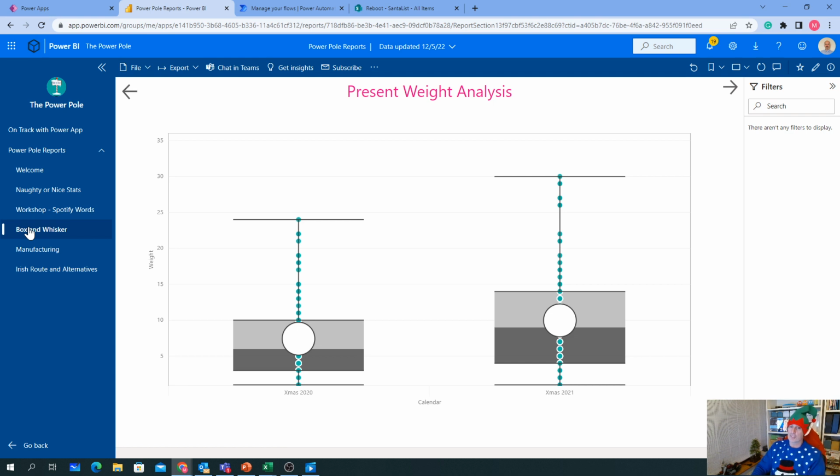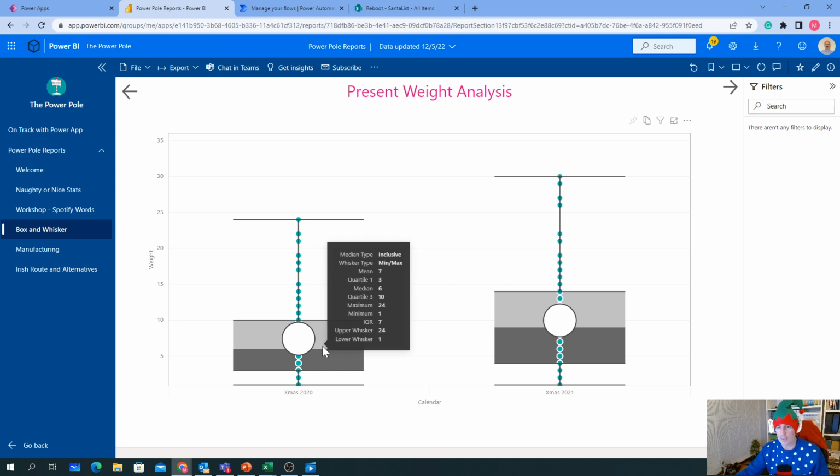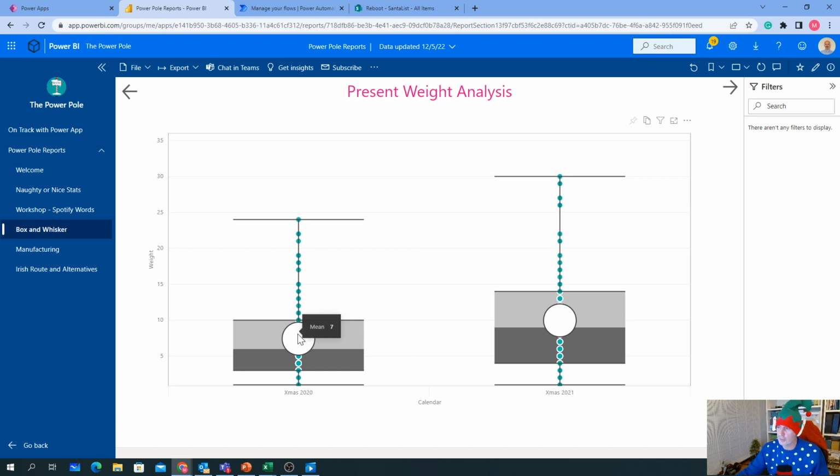Now, Santa's quite the data scientist, and one of his favorite visualizations is the box and whisker chart. The box and whisker chart is a great way of looking at a distribution of numbers. It conveys a lot of information in one quick glance. For example, if we look at last year's average weighted Christmas presents, we can